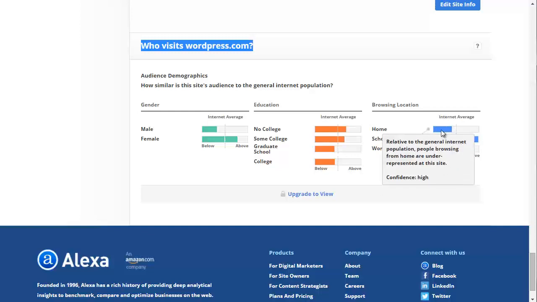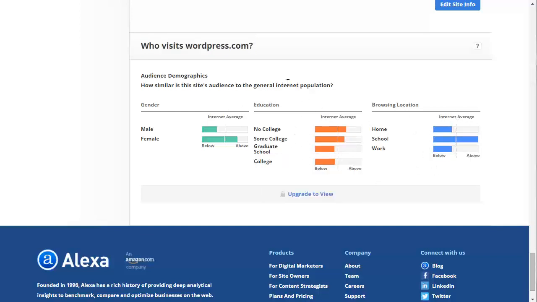Now, just because they're at home doesn't mean that they're homemakers. It could also mean that they are business people. So that's why you have to collect all this data to really figure out what they actually look like. And you have to upgrade to the subscription in order to see the rest, because the rest is going to